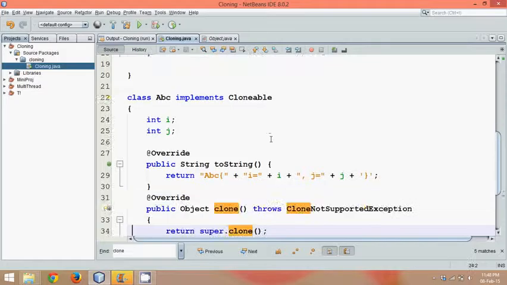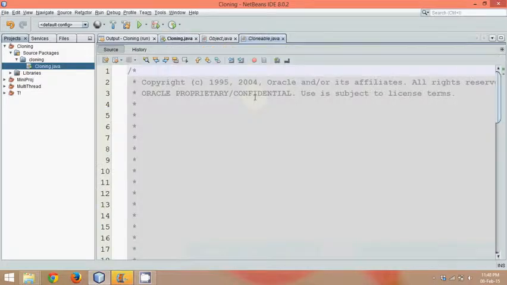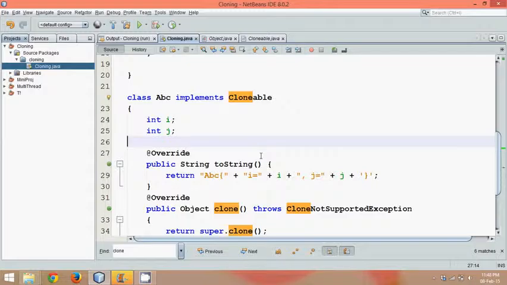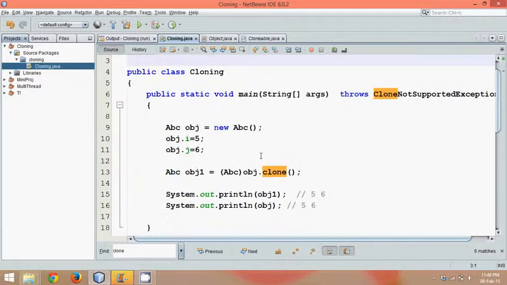And amazingly, this Cloneable interface has nothing in it, which means this is a marker interface. And marker interfaces are basically used for permissions. If you don't know what a marker interface is, you can go back to my previous video where you have the concept of marker interface. We have two marker interfaces we'll be using: one is Serializable and the second one is Cloneable, which we are using now. And now if I run this,